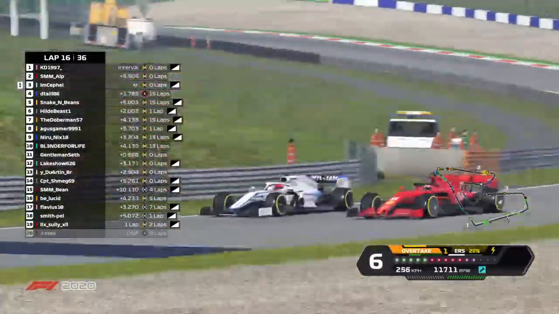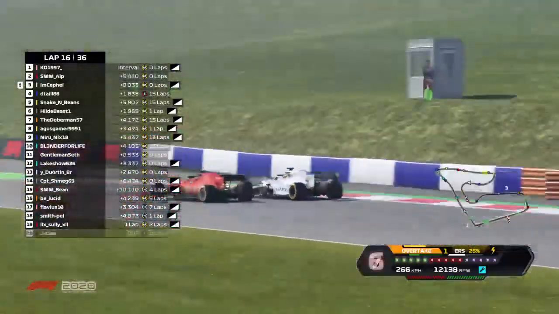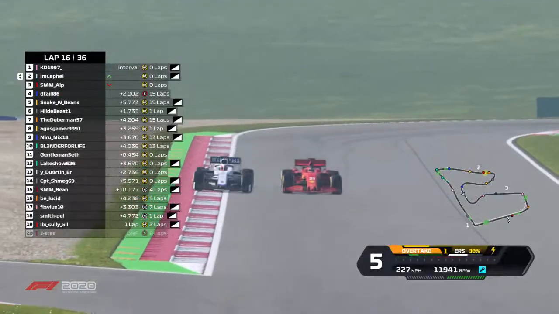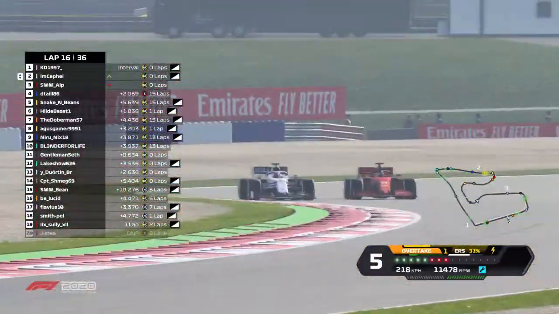Into turn number 5, then turn 6. Alpoon has the inside line. Seffi isn't going to give up though. Around the outside of turn 6. Now turn 7. If he can stay there, he will have the inside line for turn 8,